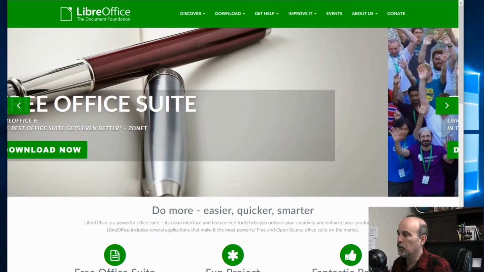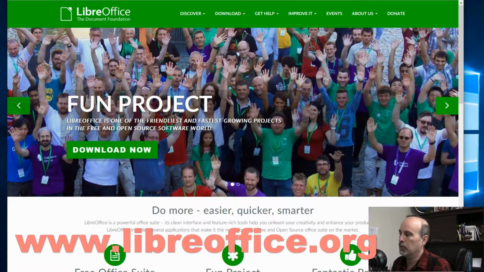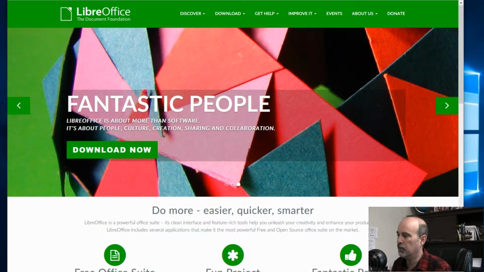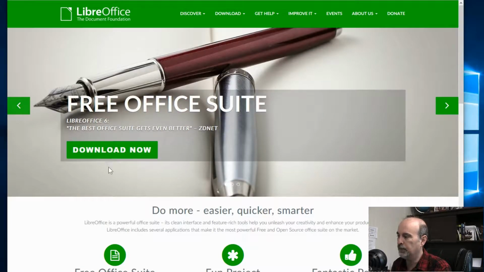And so you want to go to LibreOffice.org. It takes you to this website, and right now it's got this little slideshow, but there's a download now button. So we'll just go ahead and download that, and ideally, depending on what web browser you use, save it somewhere so if something goes sideways you can reinstall it again without having to download it again.